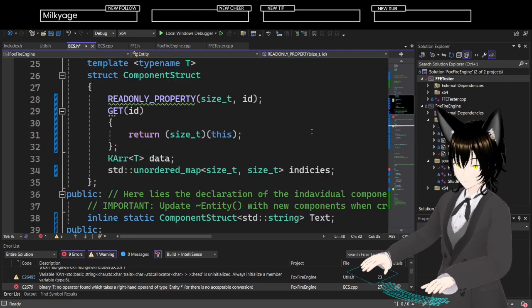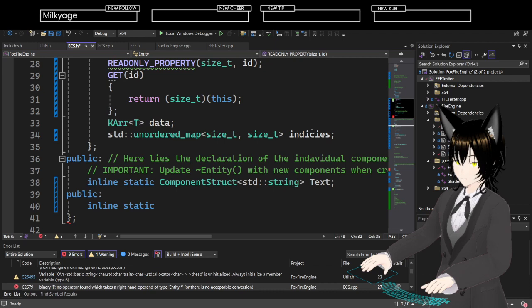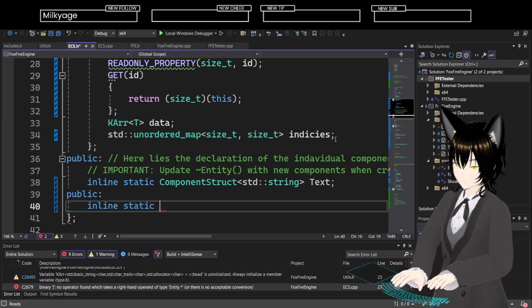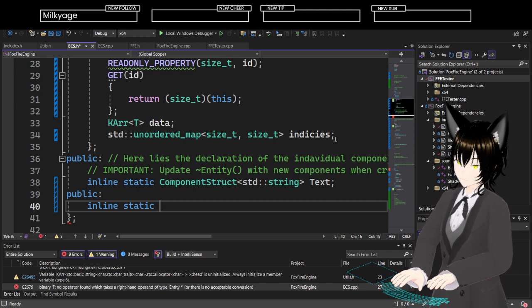That is an unordered map. Ah, yeah, because I can do... I don't want to do this.